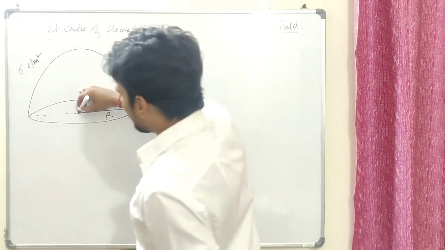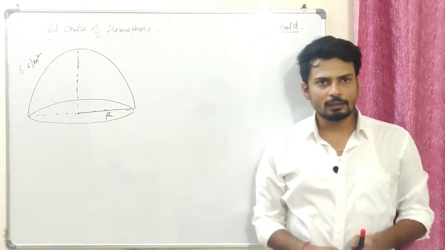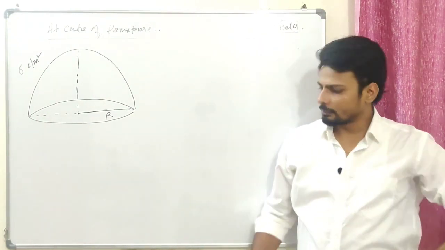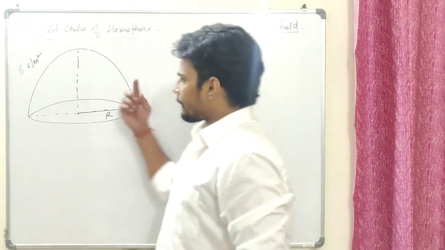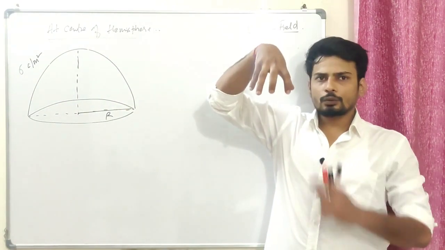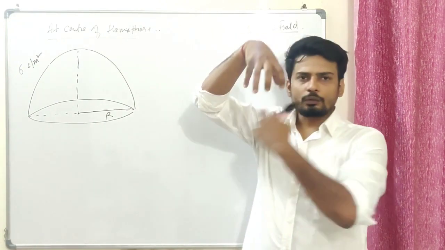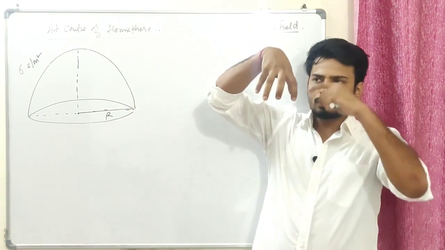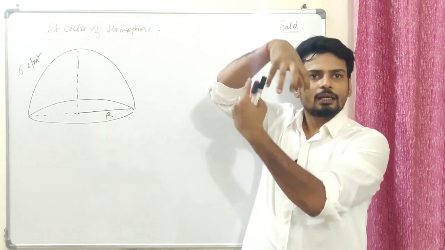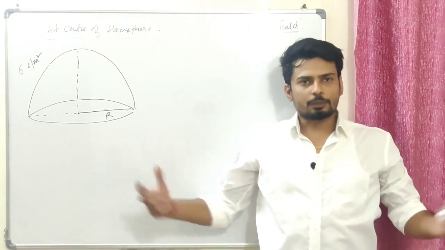Now I'm sure you guys agree that the process remains the same. I'm going to choose the elementary particle and find the field because of that, and then I'm going to integrate it. It's quite simple as that. In this case, if I have a hemisphere, let's say an inverted ball, the empty space is inside, but on the outer side we have a surface area, isn't it? So if I choose an elementary particle, I'm sure you'll agree that that's a ring. If I have an infinite number of rings coming up, that's going to give you a proper hemisphere.